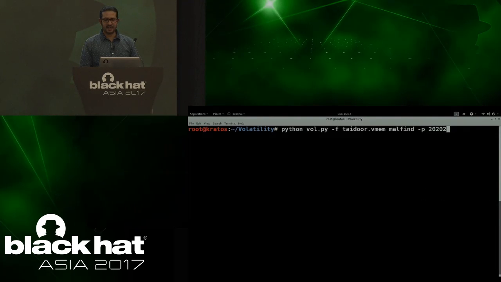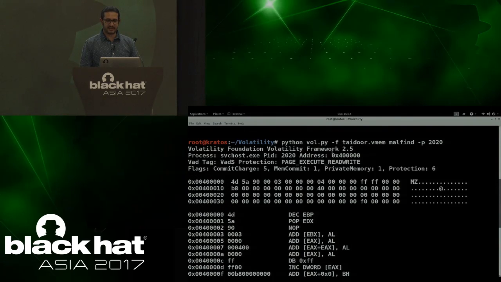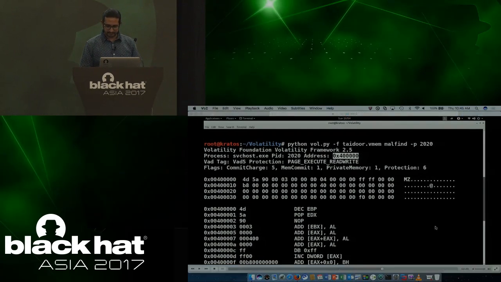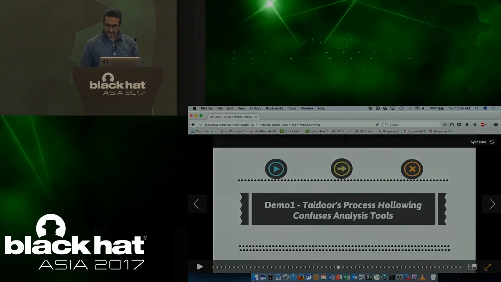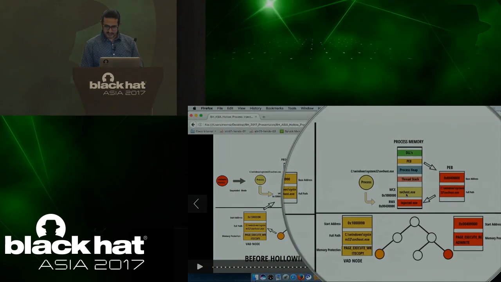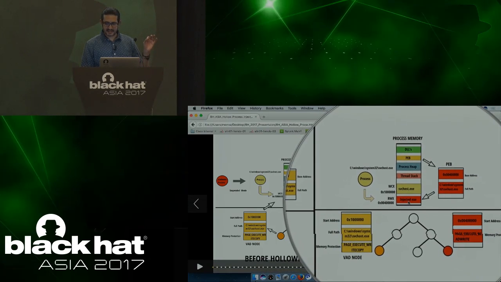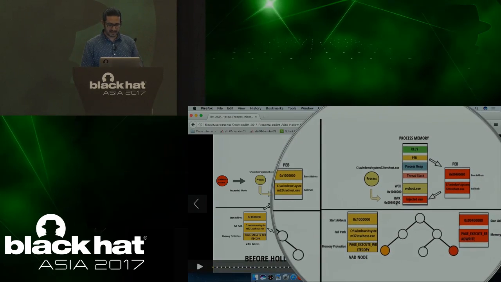There is one way. You can run the malfind plugin, because there is one thing that can give away that there is malicious code at this address. That is 4 followed by 5 zeros. Because if you remember from the diagram here, we dumped this one and analyzed it. That is not malicious, but there is an injected executable here at a different base address.